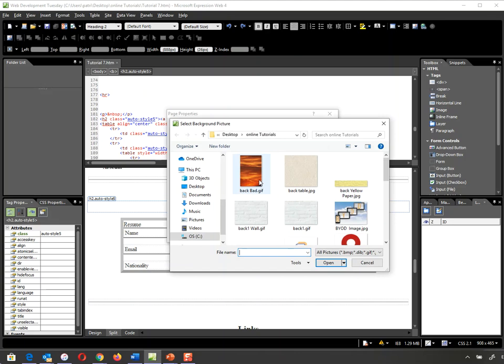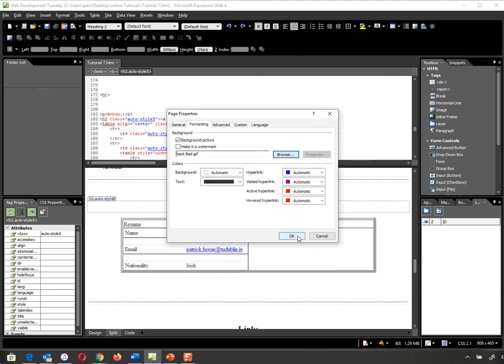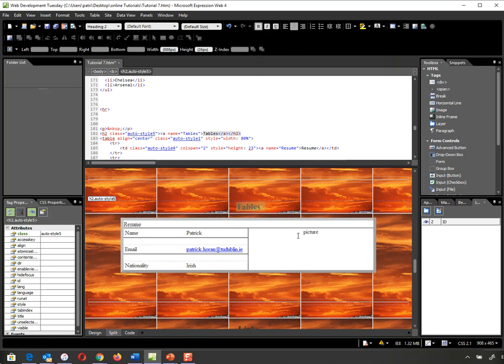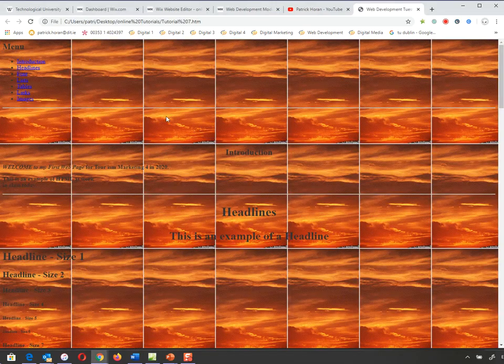Now, I'm going to show you, first of all, some images work better than others. I have a number of backgrounds here, and we'll see as we go down through them which ones work and which ones don't. Okay, so I'm going to add, first of all, a background which doesn't work. This one here is obviously an image of a sky, and I'm going to open that. And what you see when I preview the page is that, for starters, the background